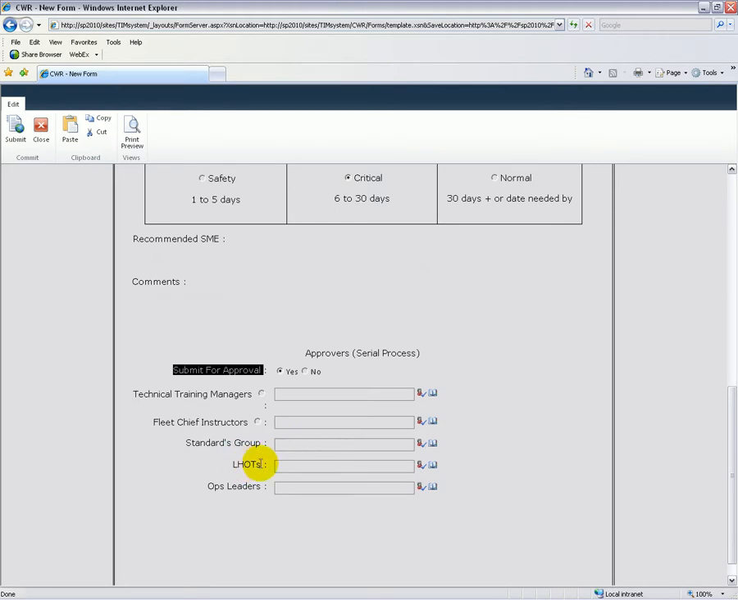Again, if I go to the safety selection here, you can see that there's a new approver that's been added to the list. So the regulatory approval would be required in this case, because normally safety issues are related to regulatory requirements. So going back to the critical list,